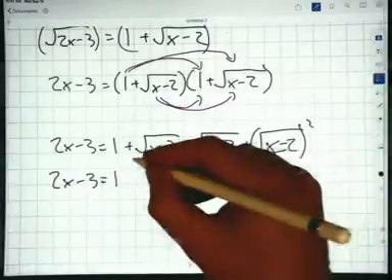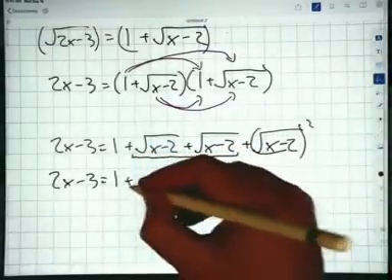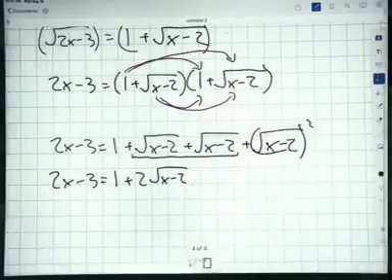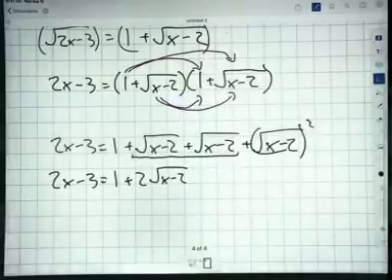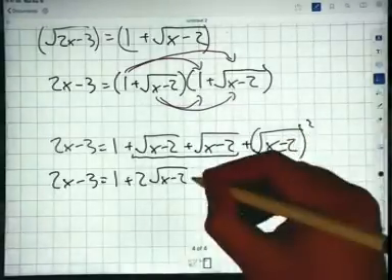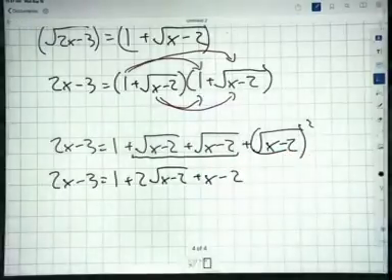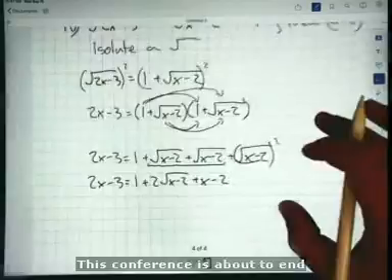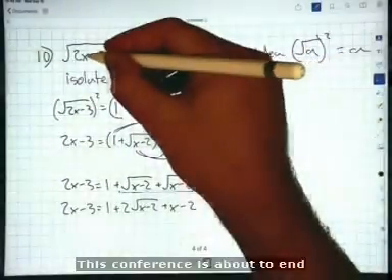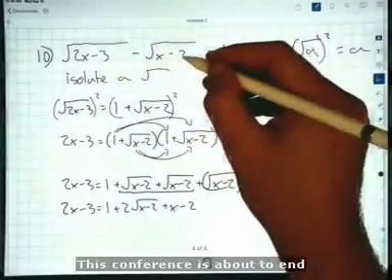First of all, we can combine these two terms together. Radical plus itself is 2 times that radical. Radical squared, radical goes away. So at this point, what we've done is we've gotten rid of the radical around the 2x minus 3, but we still have a radical around the x minus